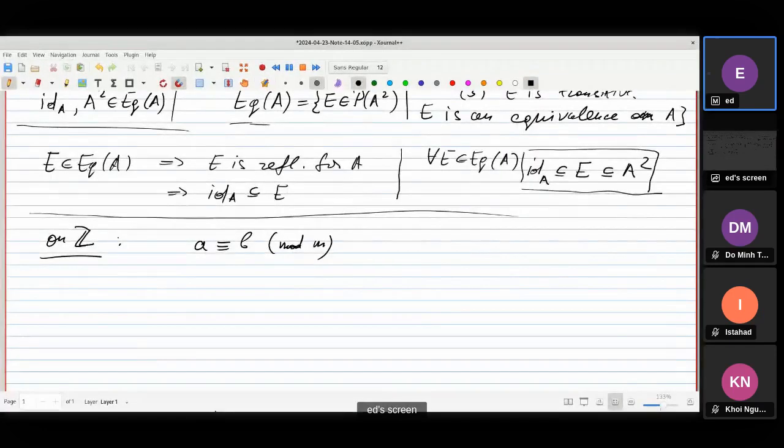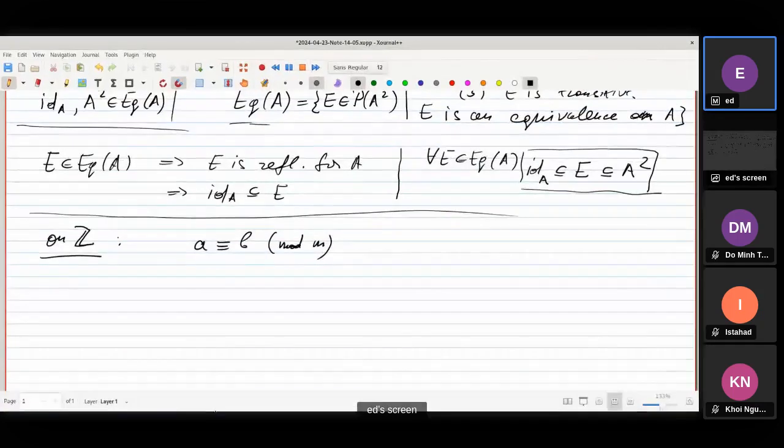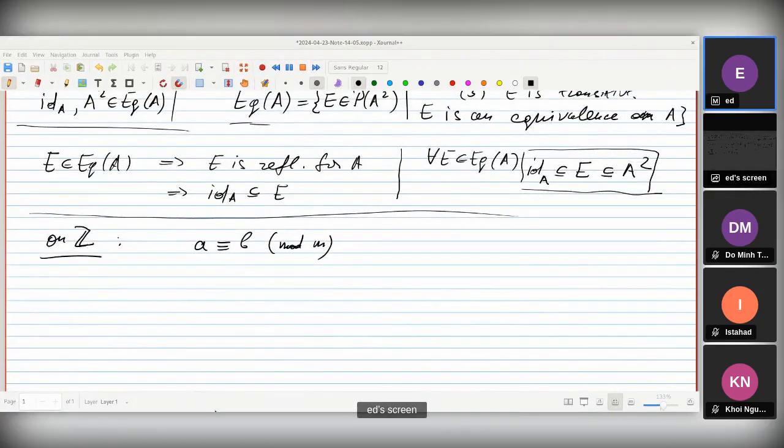Gentlemen, the screen disappeared. And now, can you see it now? But anyway,